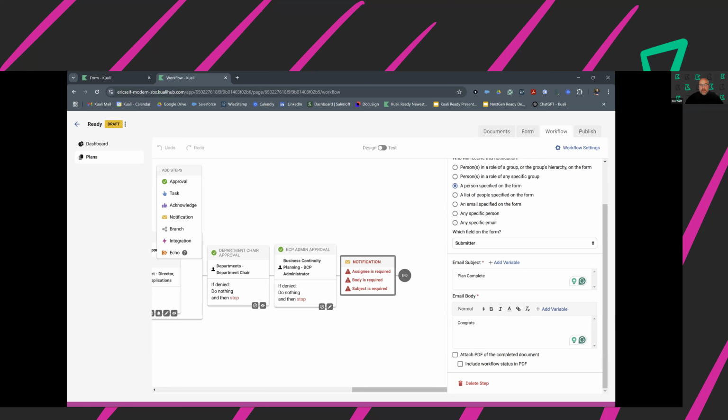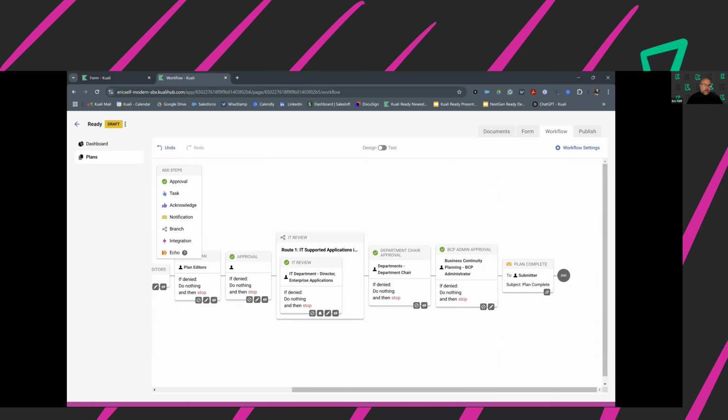And then I'm going to attach a PDF of that plan so they can have that physical plan. Then I just click out of it, and now I've quickly added another step at the end of this business process that says, "Hey, plan's been completed." We send back a PDF to them so they can keep that as well if they need to pull a hard copy for whatever reason.